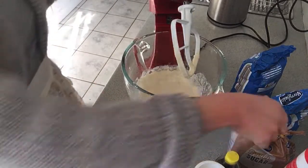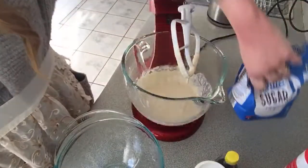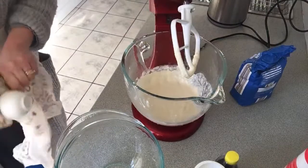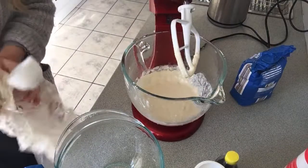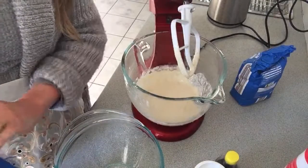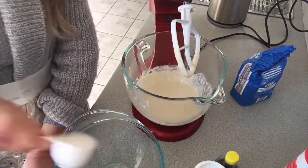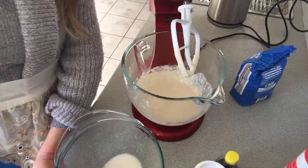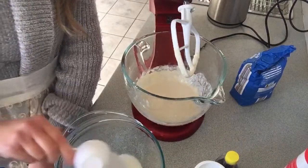Okay, so in another bowl, I feel like this is going to be too big, but that's okay. So we need to mix the sugar. Now for the sugar, we have 1 cup of brown and 1 cup of white. This is a really easy recipe to remember. I like to go in first with the white sugar so that the cup stays a little cleaner. And we go 1, 2, it's a lot of sugar. This is definitely a treat. 3,